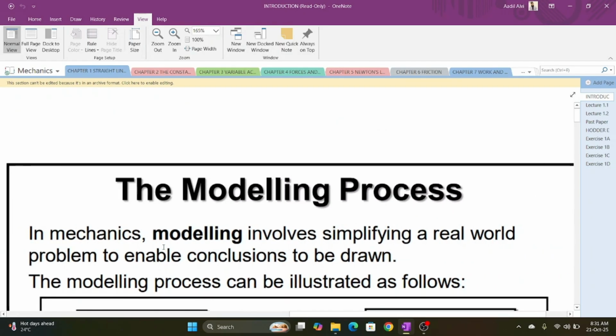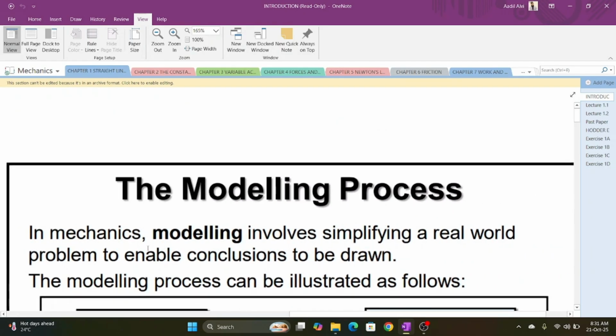Then comes the part of modeling. Modeling basically means that we have a real life situation in front of us, and we make a model based on that real life situation. Let's say a car is moving on a road, and suddenly it sees a traffic signal and now it has to stop. If you want to find out how much time it is going to take from the time it starts to apply the brakes till the time it stops,